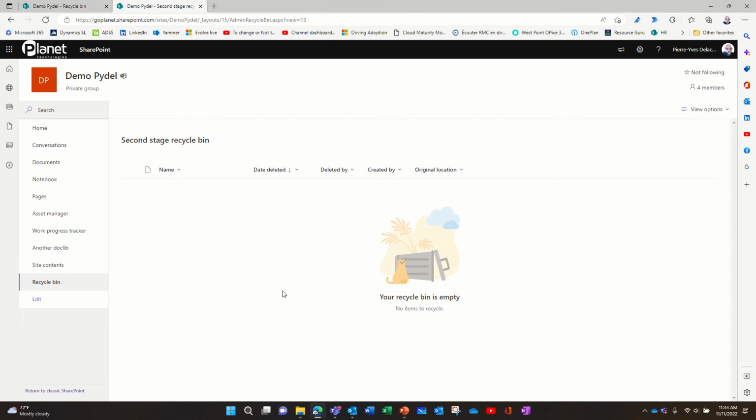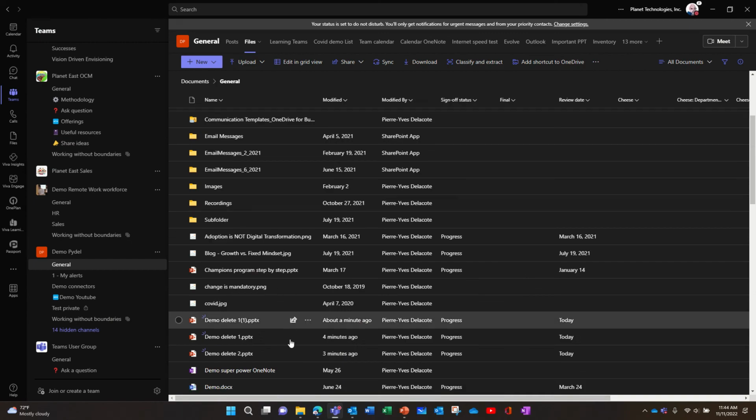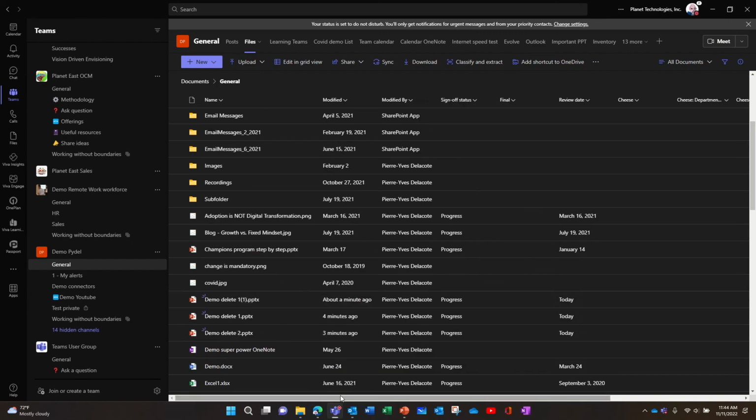I don't remember exactly what the default setting is, whether it's 30 days or 90 days, but you can definitely change this, and the IT team should communicate this with you, so you know how much time you have to retrieve a file. So let's see if my file is back again. I'm not really sure why I had a second file here, but that's the first way